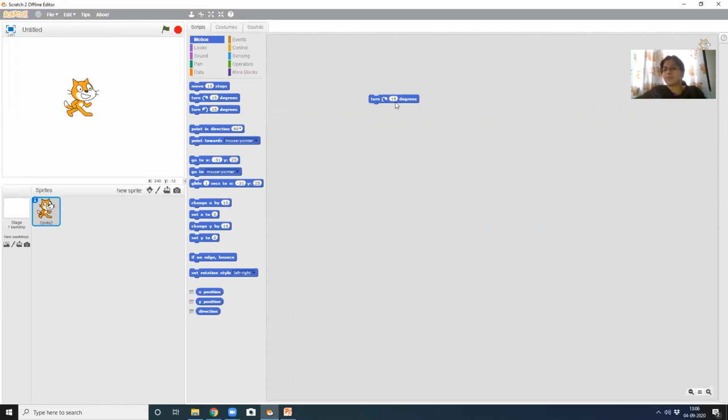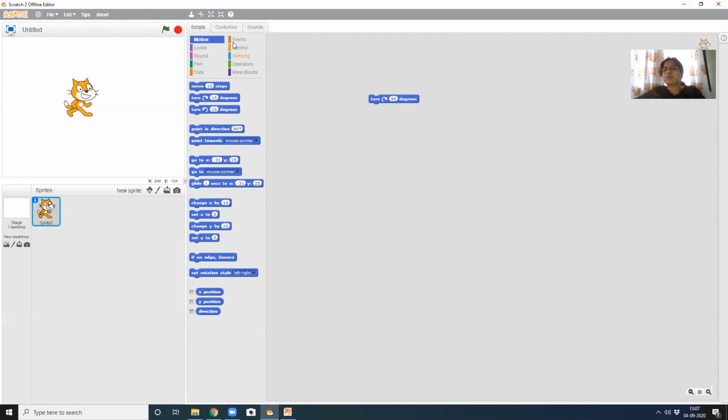Now it is asking, by default it is 15 degrees. We want it to be 90 degrees. So what are we supposed to do? I want to change this 15. Where should I click? I have to click inside the white area and I can type it. I am typing 90. I have not added the when flag clicked block, right? We will add that also and we will see.